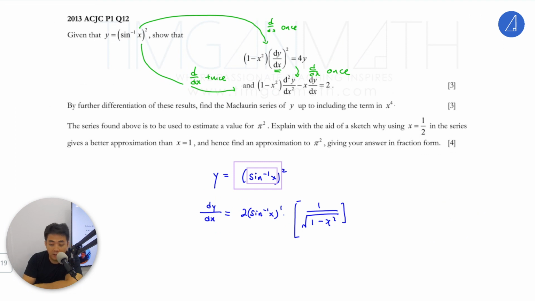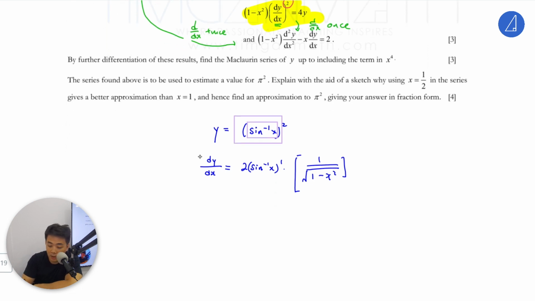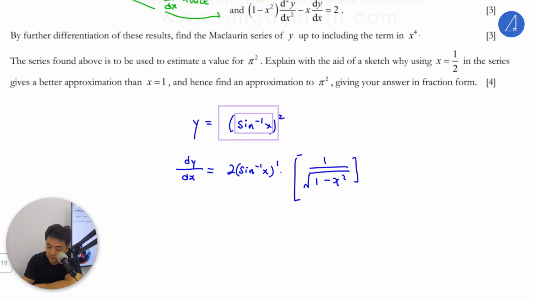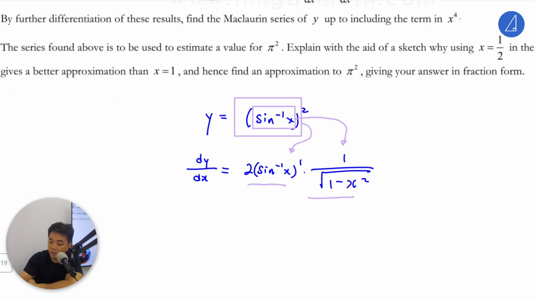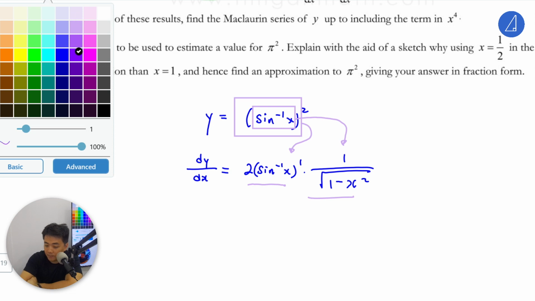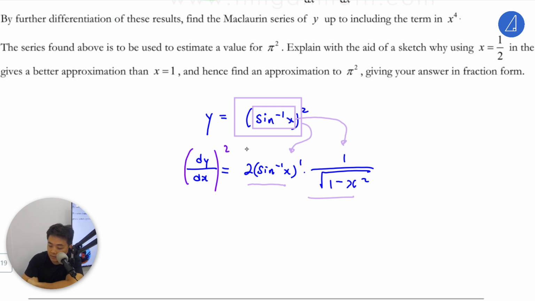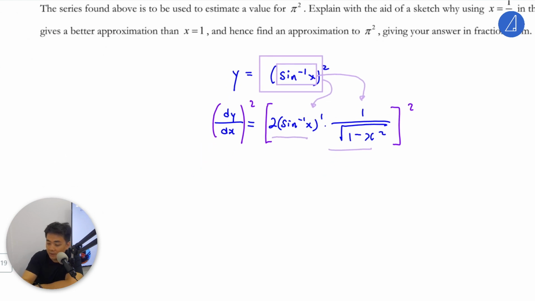This is differentiating once, huh? How do you get this? You realize that there's this thing here, squared, right? So you just square both sides, huh? Square both sides, should be able to get the answer there. So square this side, square this side. What we get is, so from here what we need to do is square both sides. Square both sides. Then what we get is